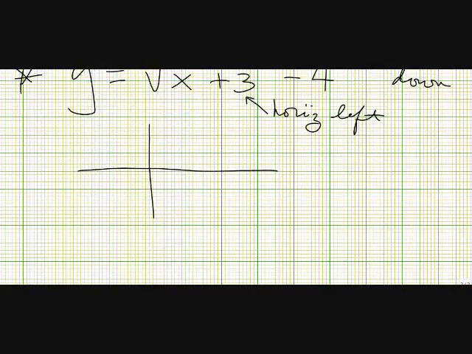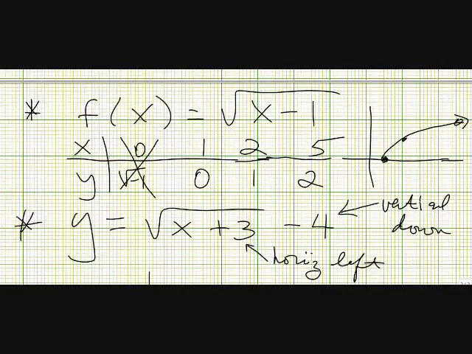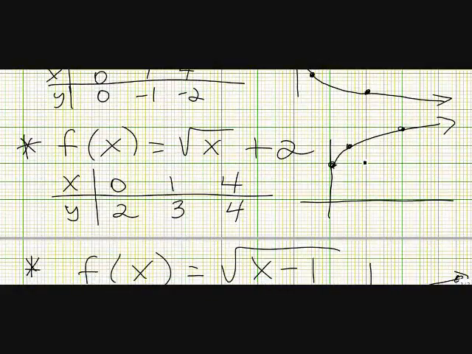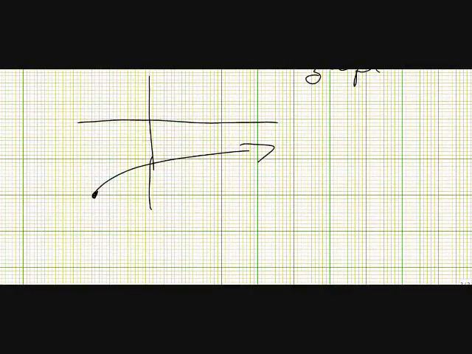Oops, I need to go a little further down. 1, 2, 3, 1, 2, 3, 4. So there's my vertex point. And then, oh, it's just one of those tops of half of a parabola that's on its side. I didn't plot any other points. You can if you want to. Because I am getting a feel for what they all look like now. So I'm going to locate them by a locator point, their vertex, and maybe get one other point, like the